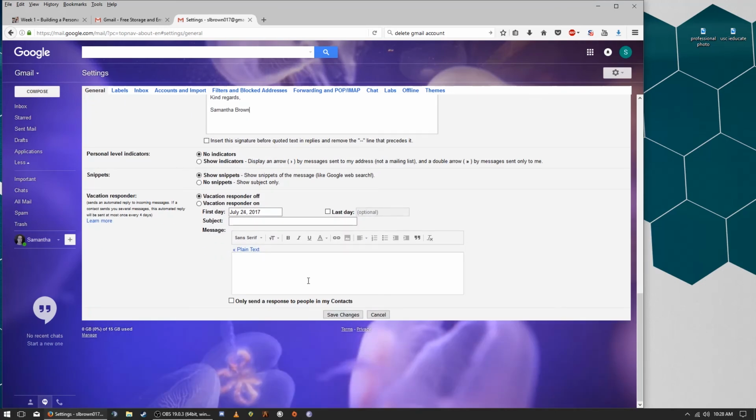You can also create what they call a vacation responder. It's an automated email that will be sent if you are on holiday. You can set it up from the first day to however long you want it to go for, or you can just turn it off when you come back. So then you can just put something simple along the lines of, hi,